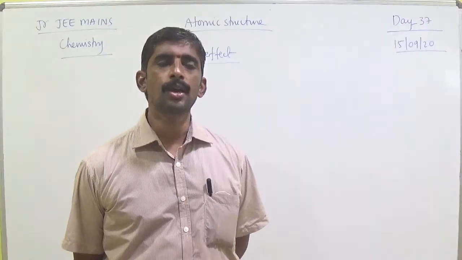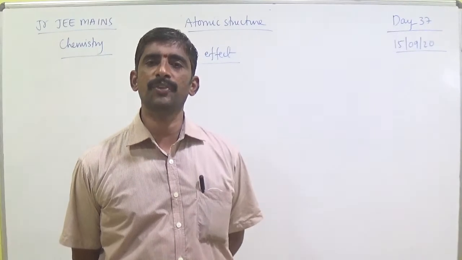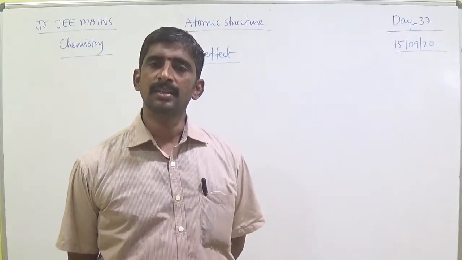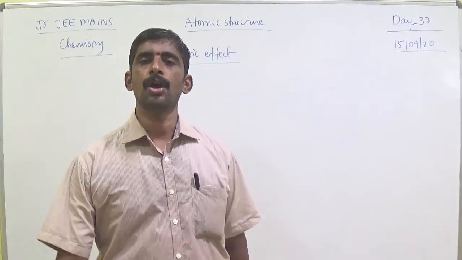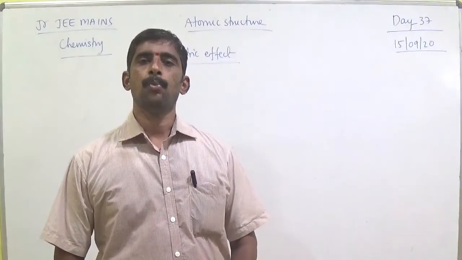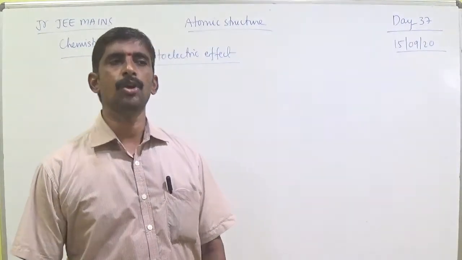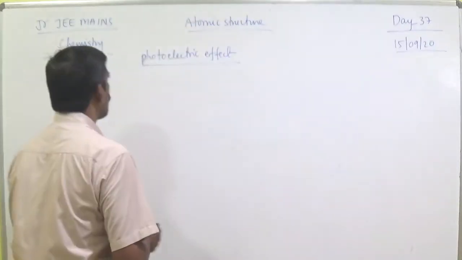So once again, photoelectric effect means when light falls on a clean metal surface, the electrons are released. These electrons are called emitted electrons. This process is known as photoelectric effect. Photoelectric effect is readily exhibited by alkali metals like potassium, rubidium and cesium. So write down the definition of photoelectric effect.